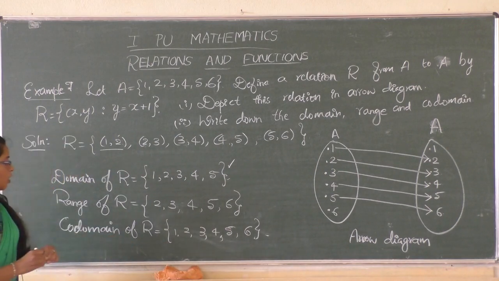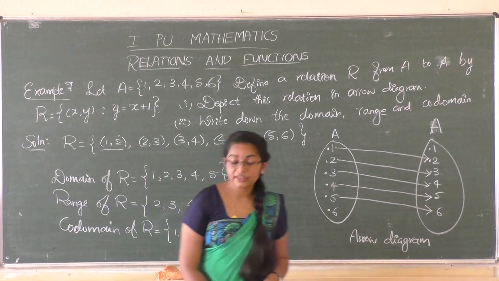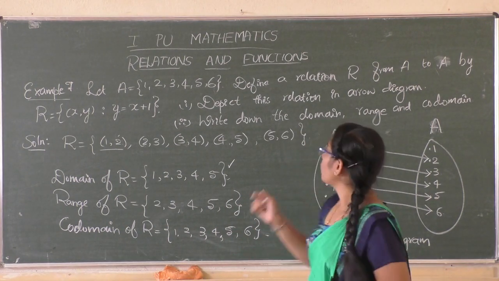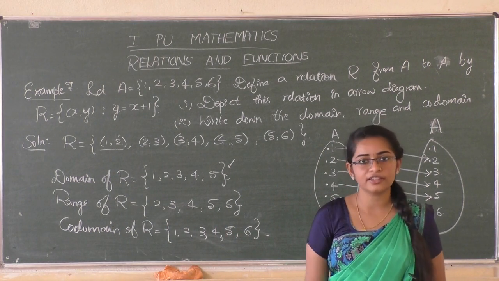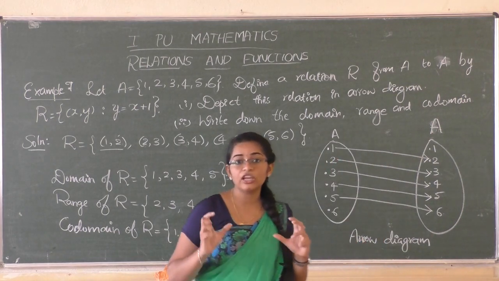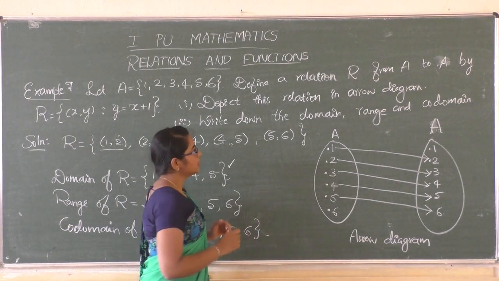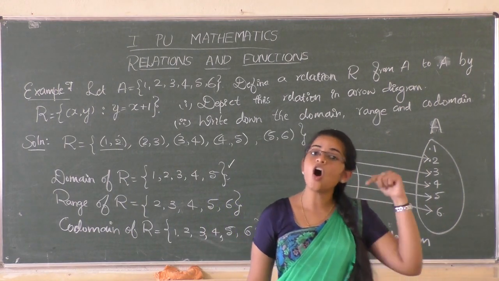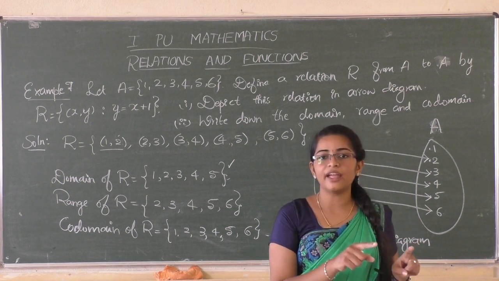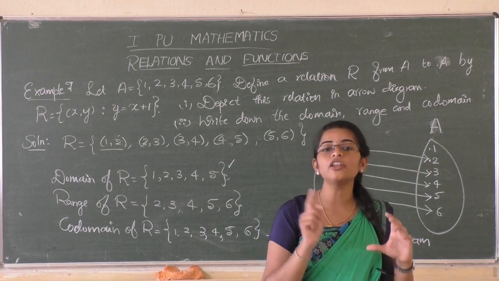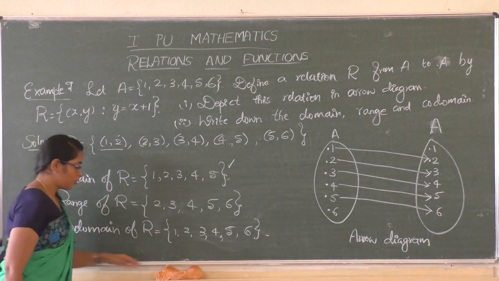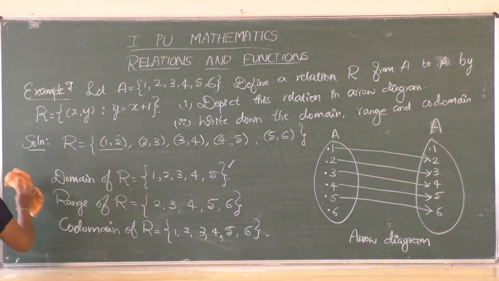And one more thing, see, this is a relation. We don't need two sets always to have a relation. If we have one set, we can define the relation on a set, a relation from that set to itself only. If R is a relation from a set A to the same set A, then we call such a relation a relation on A. Okay, here R is a relation on A. I hope you have understood this much.